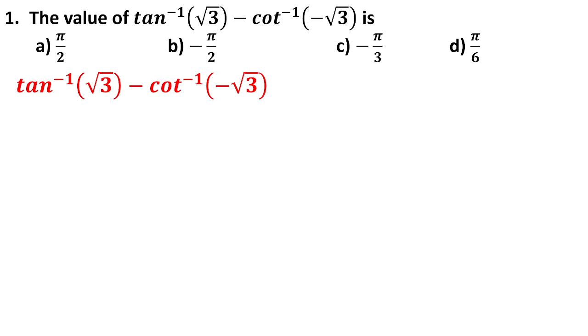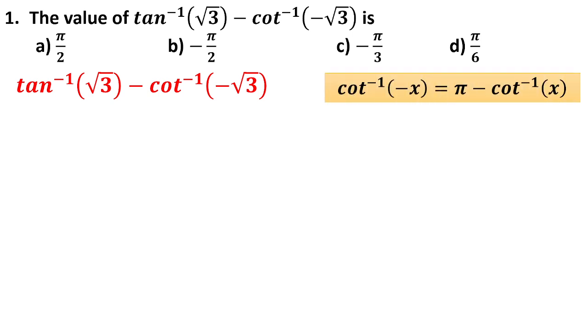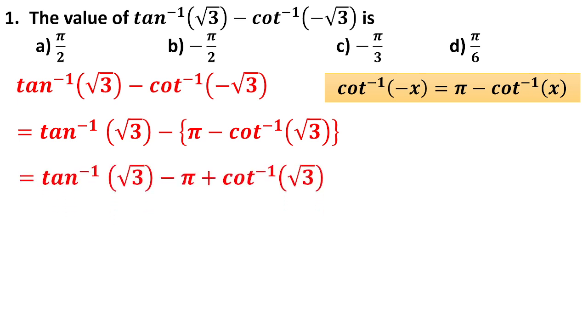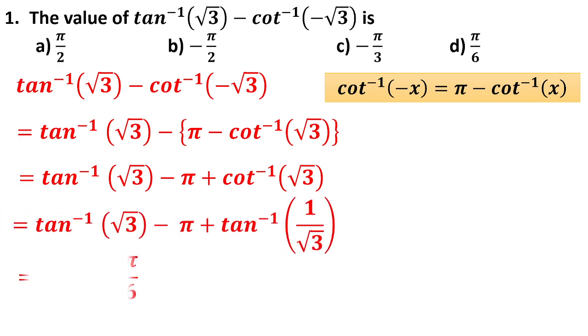Now you should remember the formulas for sin inverse of minus x, cos inverse of minus x, tan inverse of minus x, like that. Let us recollect. Cot inverse of minus x is pi minus cot inverse x. Using that, the second term will become pi minus cot inverse root 3. Bring the minus sign inside. Now directly you can substitute tan inverse root 3 as pi by 3 minus pi plus cot inverse root 3